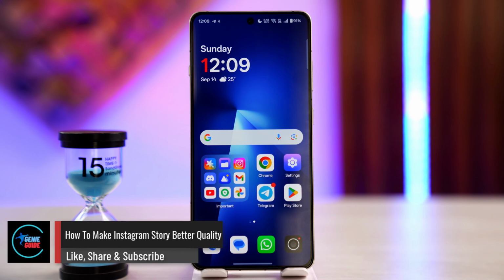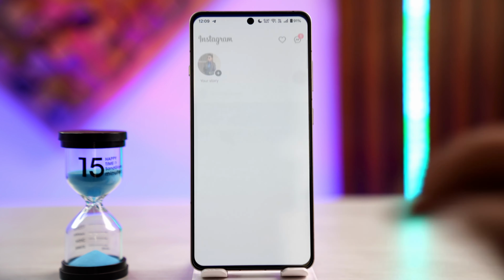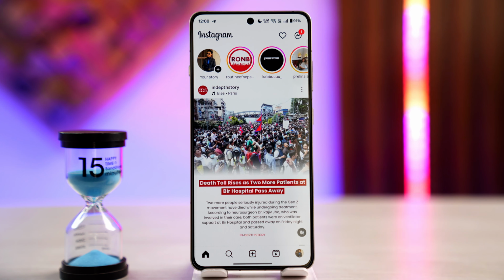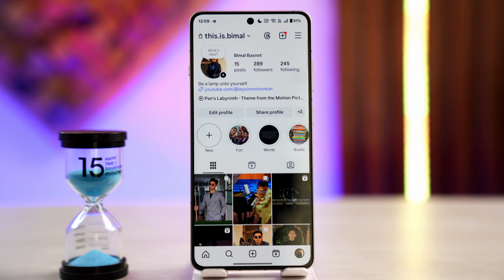How to make Instagram story better quality. If you want to upload a better quality story on Instagram, there are a couple of settings that we can customize for this. So first of all, go to your profile page on Instagram,